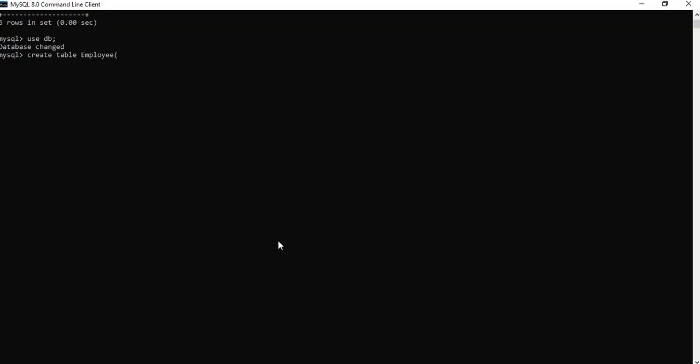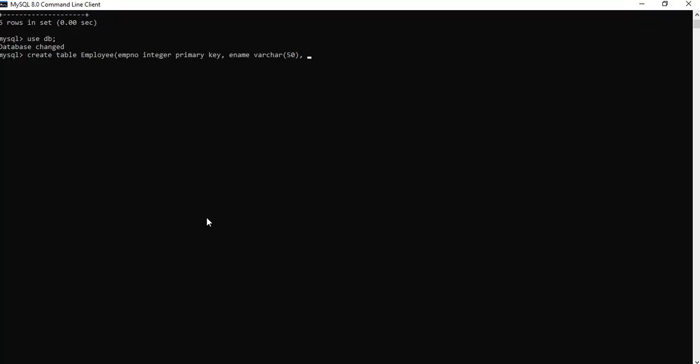In this one, I want to write an employee number, and the employee number is an integer, which is a primary key. A primary key is nothing but a unique value. It doesn't have any duplicates and doesn't have any null constraint also. Now after employee number, I'm taking the employee name, which is a varchar of size 50, followed by